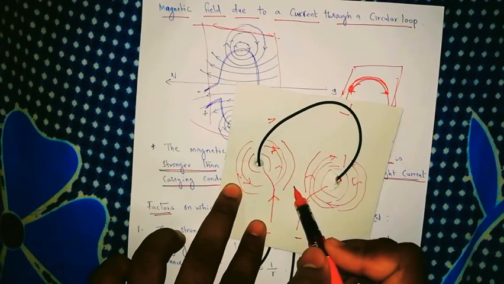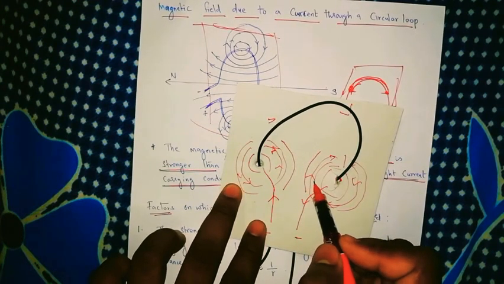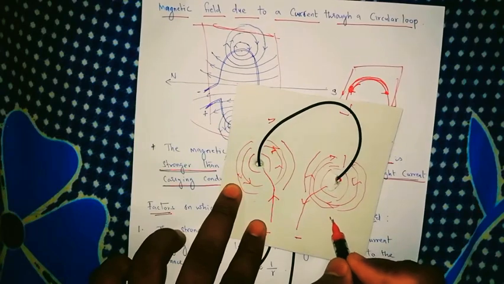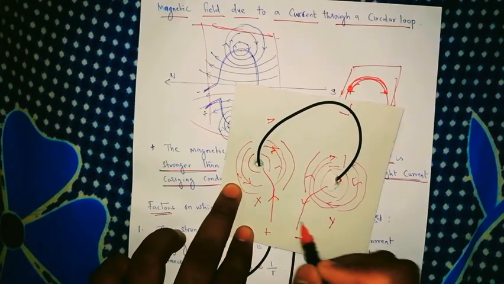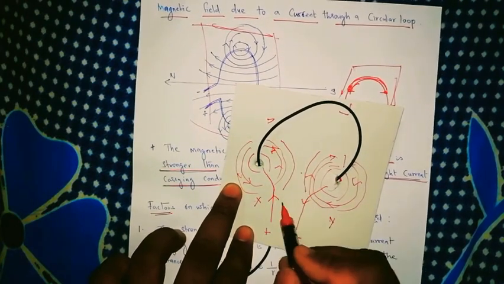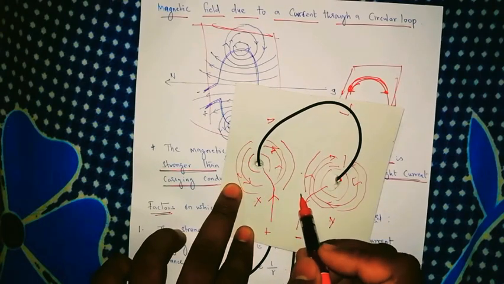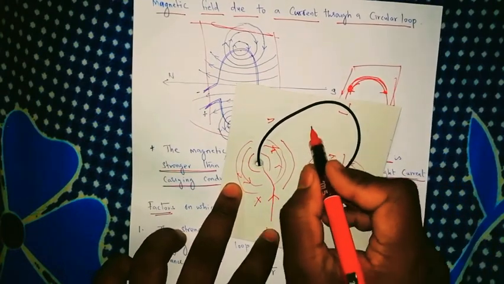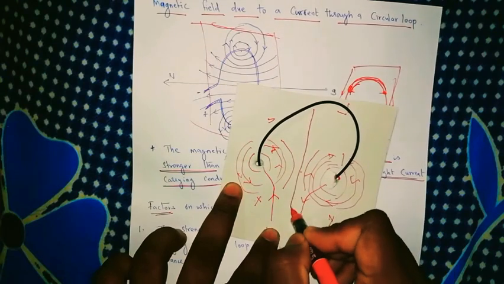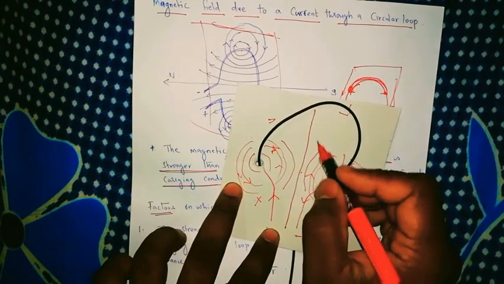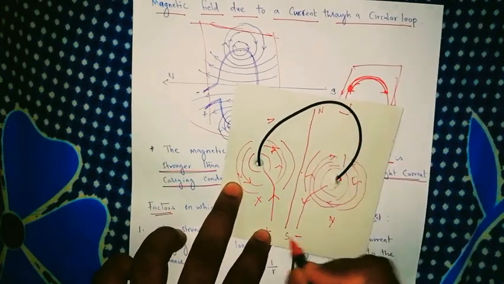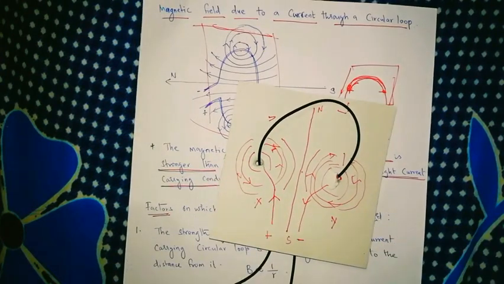So when it comes here, and this field line, for example, we keep them as y and this as an x. This y will say this is my border and this x will say this is my border. So when it comes to the middle, you will find they move in a straight line. Straight line, so north and south pole. What can we name them? How can we identify the poles from these two?